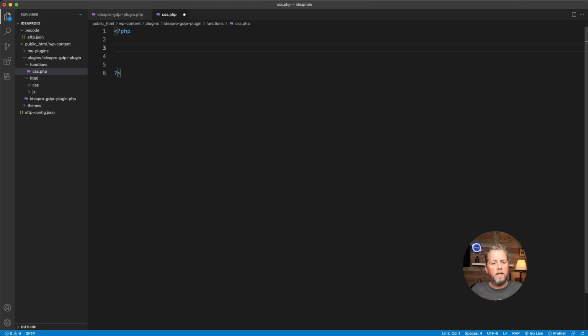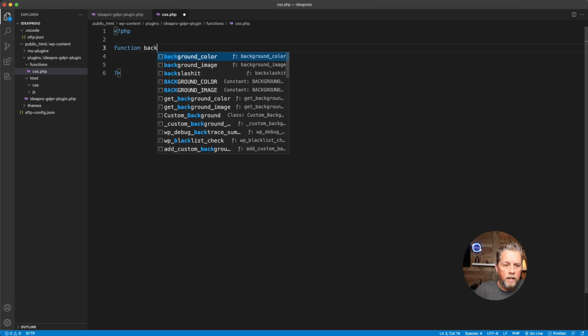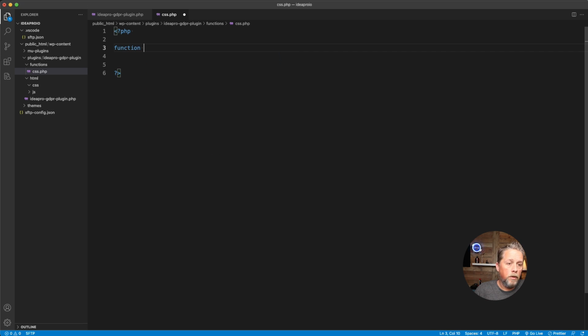We're going to need a couple of different CSS files. We're going to need a front end CSS file for the look and feel of the GDPR box that pops up, and then we're going to need some CSS for the backend that we're going to be building for our settings. All right, so we're going to create a function called IdeaPro backend